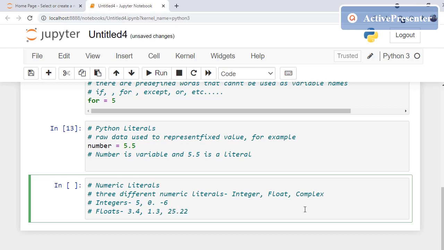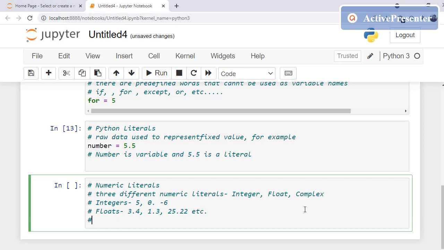These are some examples of float literals. Then next are complex numbers. A complex number has a real part and a complex part. It can be simply written as 2 plus 3.4j. Simply writing like this will represent a complex number, or else only the complex part, 1.5j, you can also write.